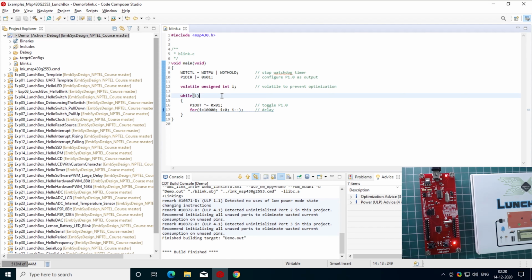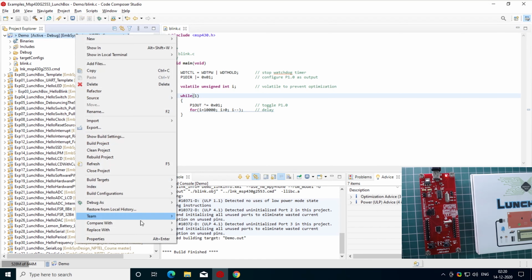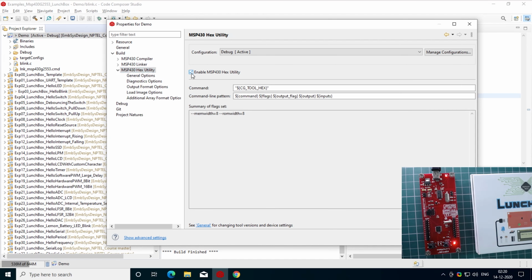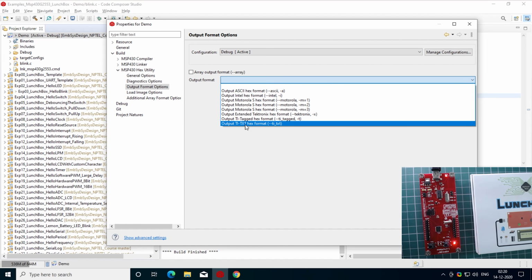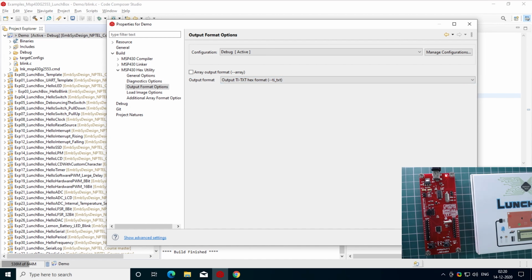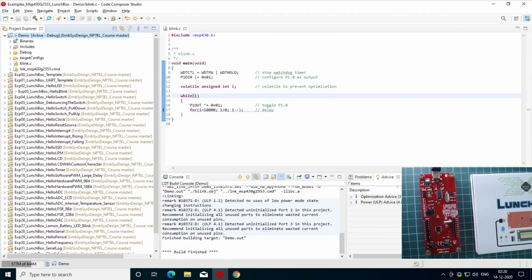Now to enable the TI-TXT format that is required by the hardware, you will go to the project properties, click on hex utility, enable this MSP430 hex utility, go to the output format option, select the TI-TXT format, the last option over here, and thereafter click apply and close.